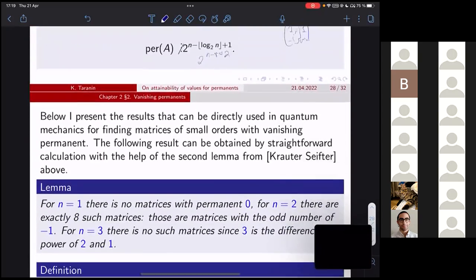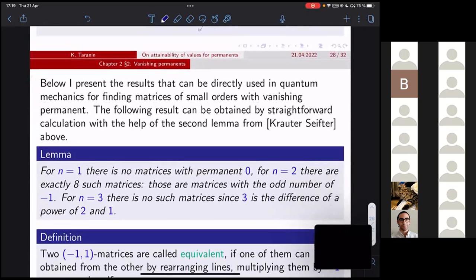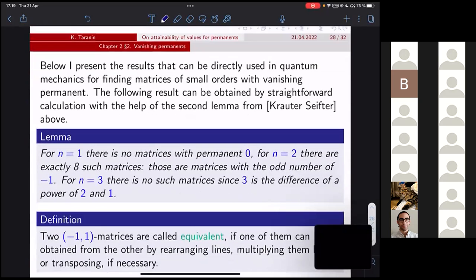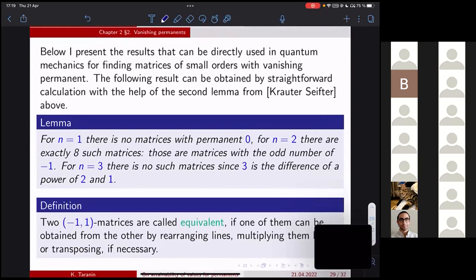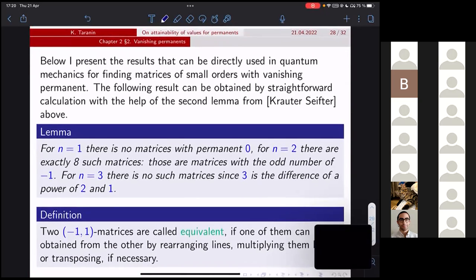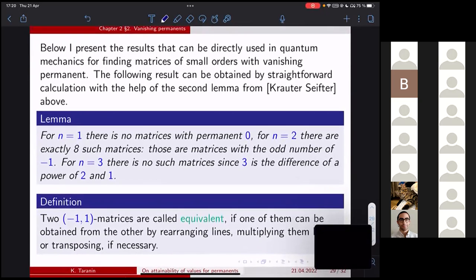And another set of results about -1 matrices. Well, it's actually one result. And it will be the last of my results that I'm discussing, and it is the last result of the dissertation. It concerns directly the verification of whether the permanent vanishes. So previously I tried to divide it by something, and it will be like direct classification, but for n equal to